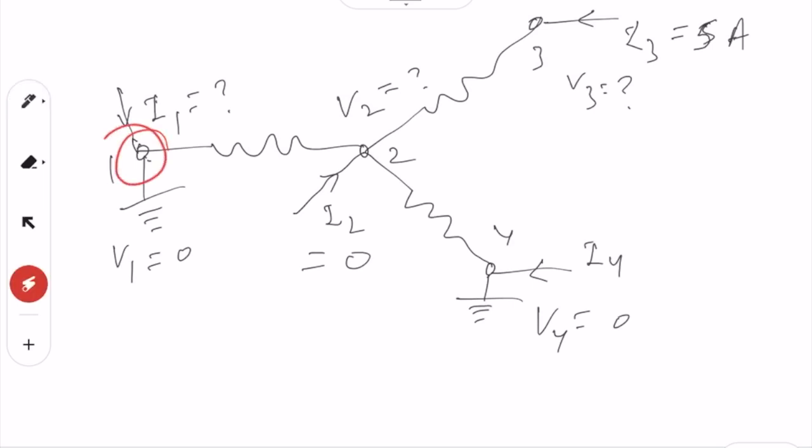V1 equal to 0, we do not know I1, I want to find out I1. Here I2 equal to 0, we want to find out V2. Then here I3 equal to 5 ampere, but we do not know what V3 is. Here V4 is given as 0, we do not know what I4 is. So, here I4